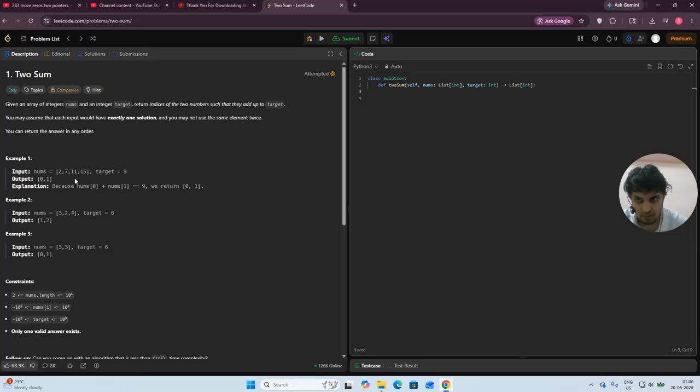So there will be two loops running. So if I write it, for i in range len nums, and then I'll do for j in range. Now we need to start one step ahead of i. So j cannot be equal to i, j has to be one step ahead of i, so it has to be i plus 1 to len nums,